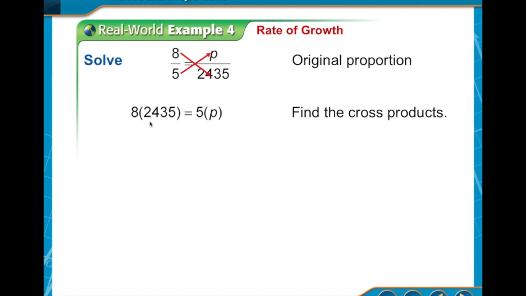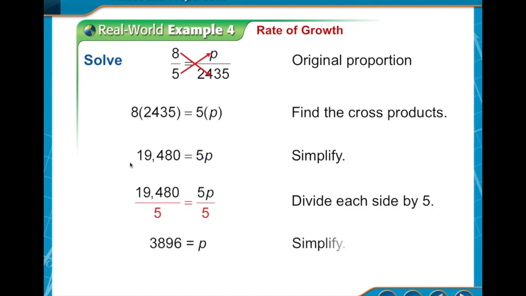So this is going to be a big number here. It's going to be equal to 5 times your variable. And then with one more step, all we need to do here, 5 and p are tied here by multiplication. So to get rid of the 5, if they're multiplied, we need to do the opposite. So we divide both sides by 5. And so p equals